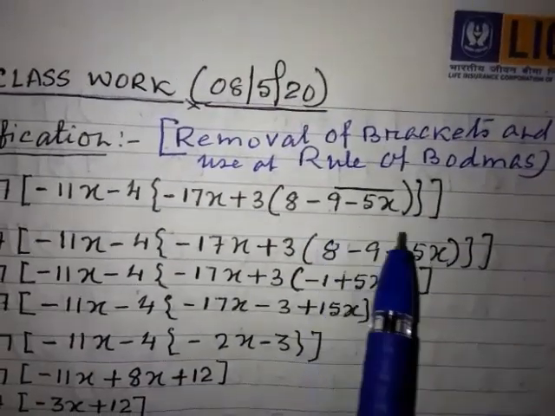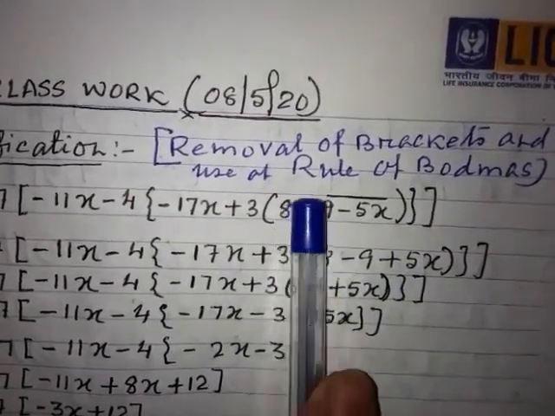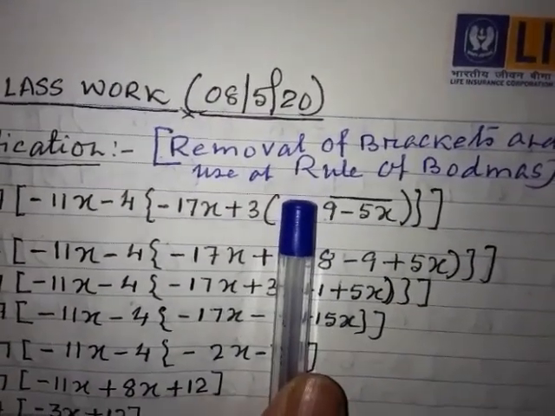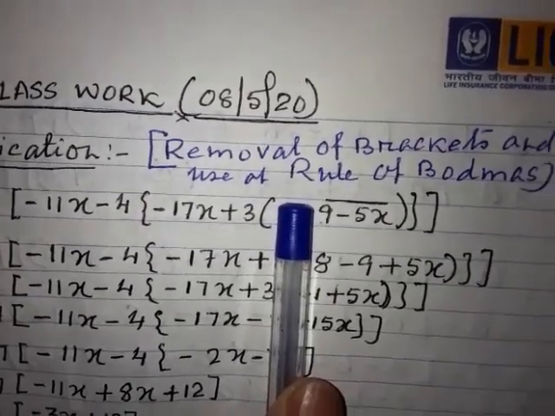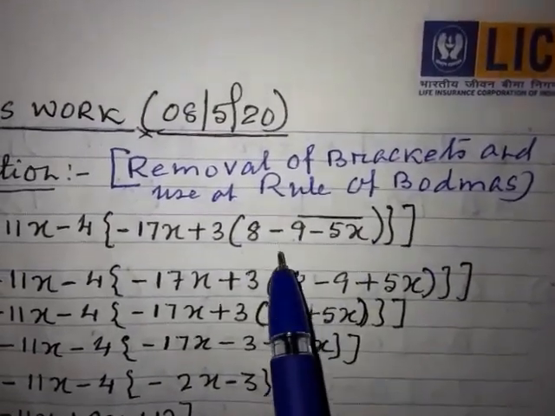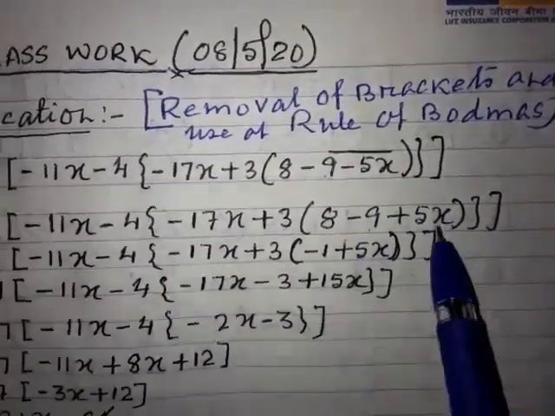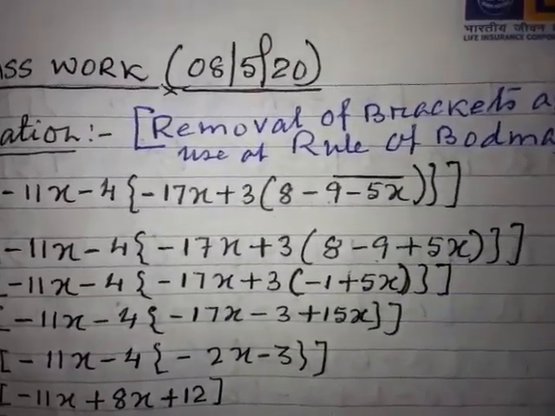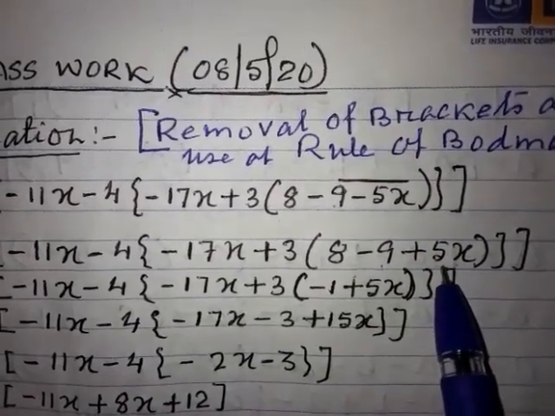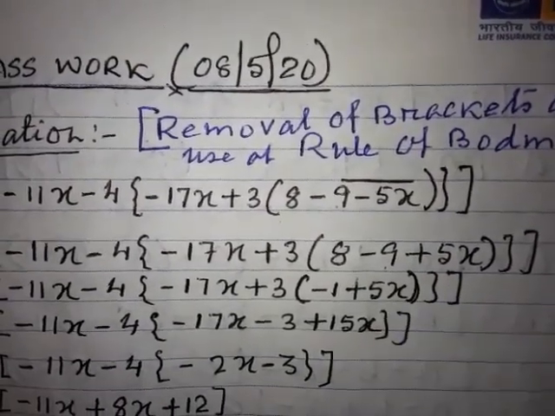So, if I cover it up, you can see this is the bracket. Inside the bracket, before 9, what sign is there? Plus sign. Outside the bracket what sign is there? Minus sign. So, they are different. So, it becomes minus and it becomes plus. So, the bar bracket is over. As the calculation of the bar bracket is over, we will remove the bar bracket.